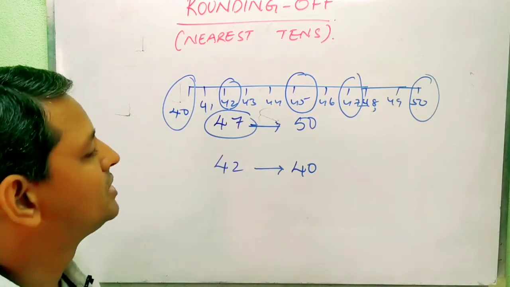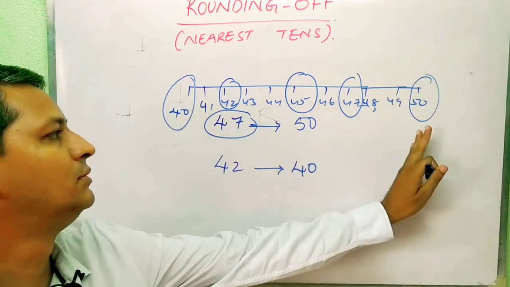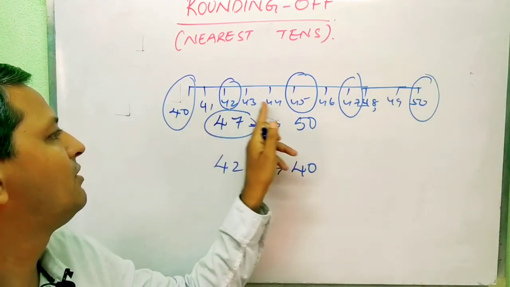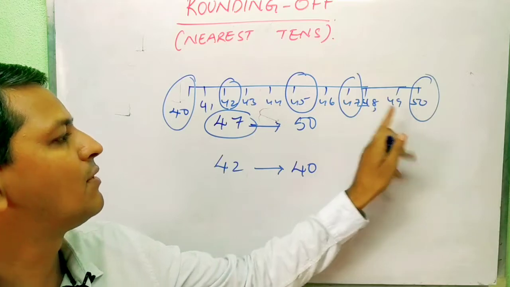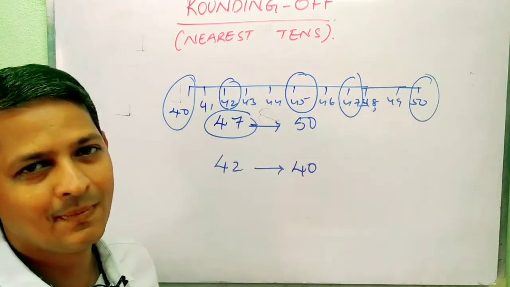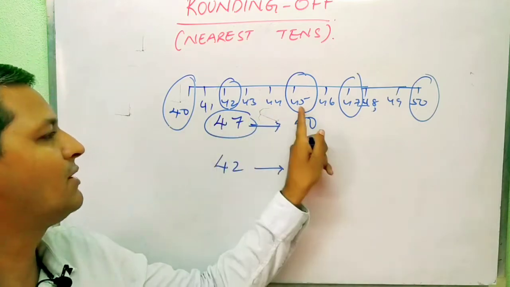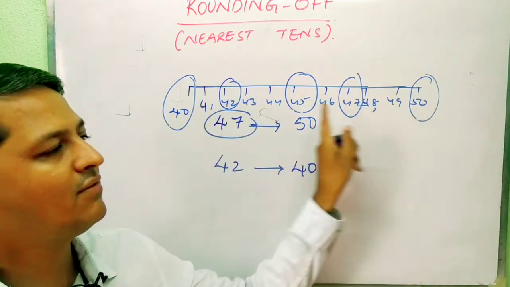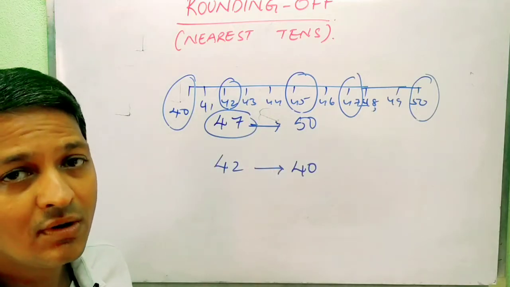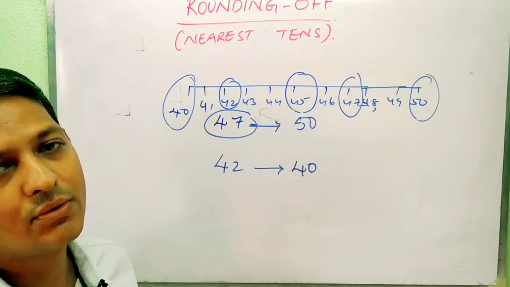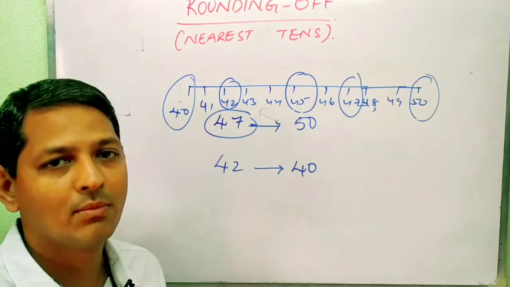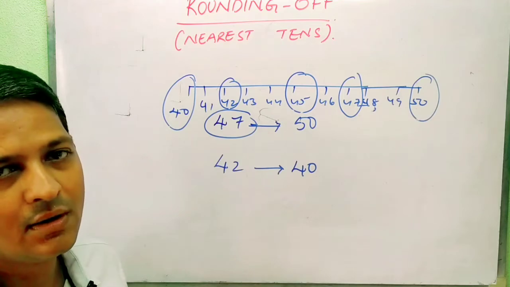now to which 10 is it close? Now 45, you are having 4 numbers here, 1, 2, 3, 4. Here also you are having 1, 2, 3, 4, 4 numbers. Means it is equidistant from 40 to 50, means from 40 to 45 or from 45 to 50. 45 is at equal distances in between 40 and 50. So then what to do? We have framed the rule in order to know, because every time it is not easy for us to draw a number line. We have framed a rule.